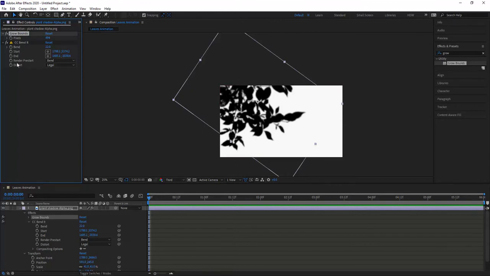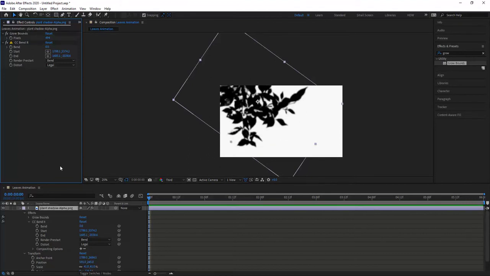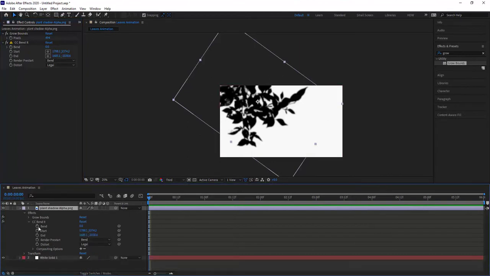So now that we've added grow bounds, we can start animating. So I'm going to start at 0. And to animate, we use these little stopwatches, and we usually do it down here in the timeline. I can come down here, let's twirl that transform back up so it's a bit cleaner. And we're just going to put a clock there on Bend It, or the bend parameter. Now it adds a little